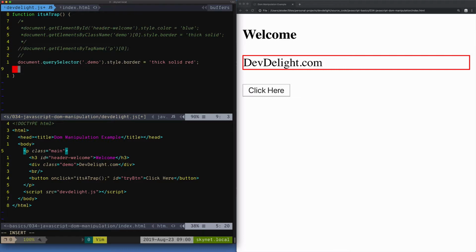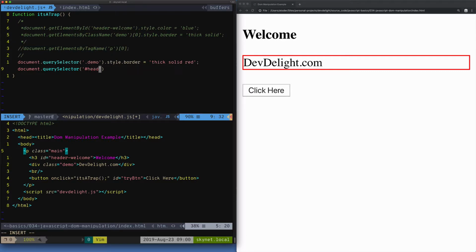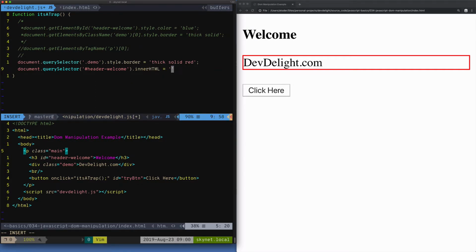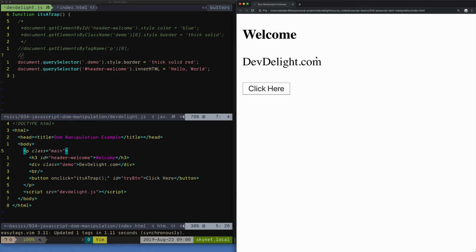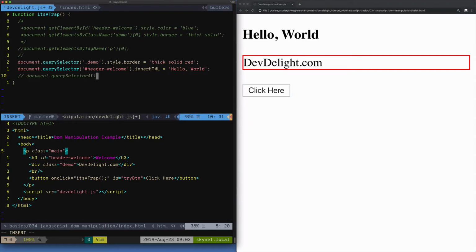Let's do a similar thing with document.querySelector with ID header welcome. But instead here, we will change the inner text to say something like hello world. Let's refresh. Click here. Boom, we just modified the inner text, hello world. There's also document.querySelectorAll, which returns a node list of all the document elements that match the criteria that you pass to it. And another thing I want to show you is